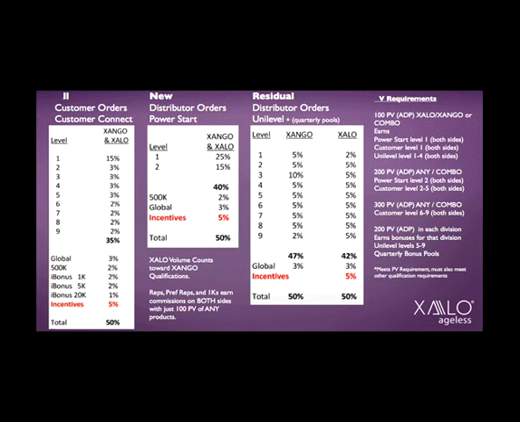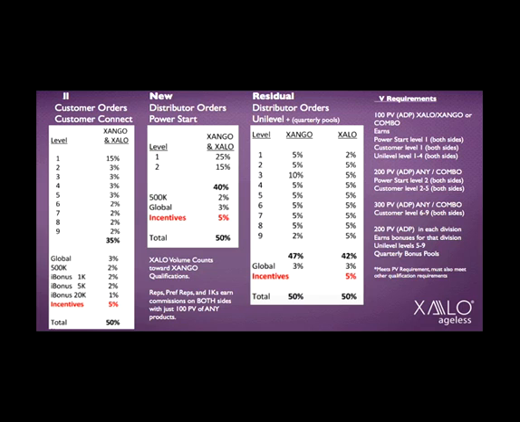If you find products 100 points or more in that catalog that you want to purchase, you can create a whole other stream of income. And you're eligible to actually do that just by being in XALO. It's not a separate company, not a separate structure. You don't have to sign a new application. You don't have to pay another $35. You're just automatically eligible to earn income off of the XANGO division as well.